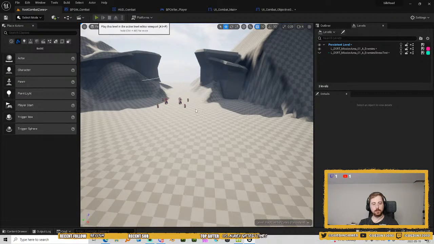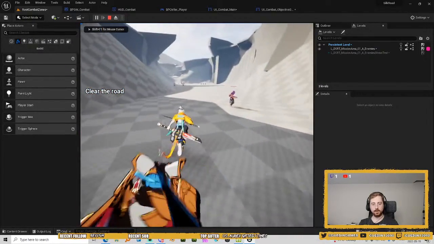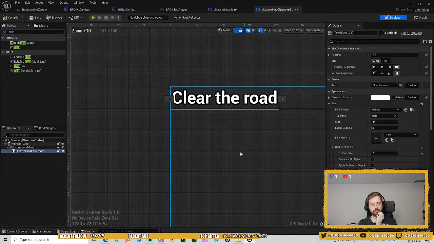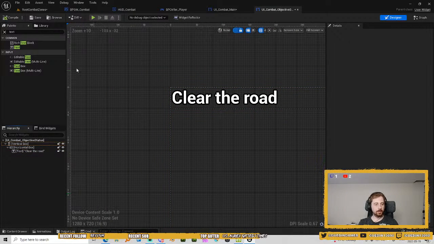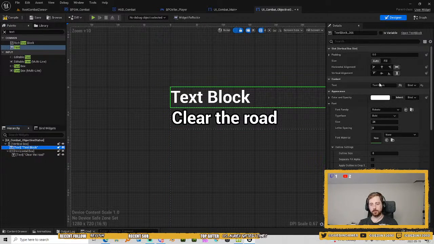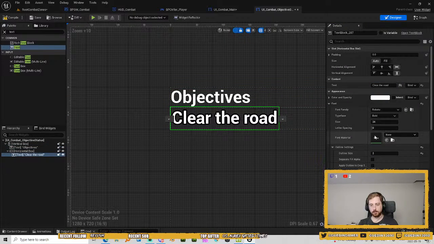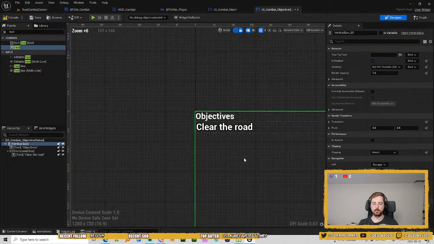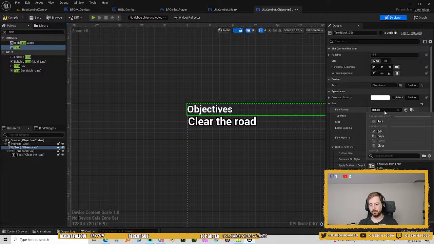So now I should have a text saying that I need to clear the road. Actually let me put another text on top where I'm saying objectives. Okay, so this one could be size 18, this one could be size 16. For the fonts, we're gonna go with the